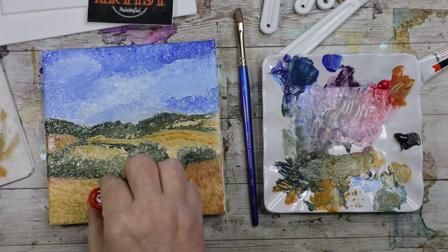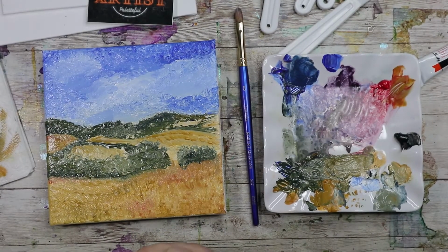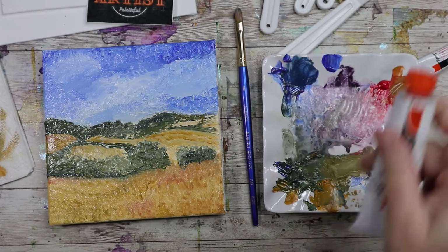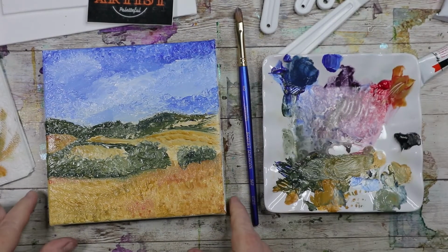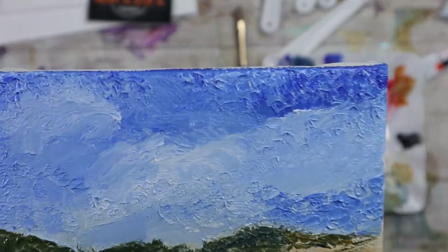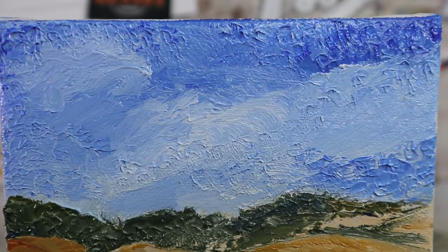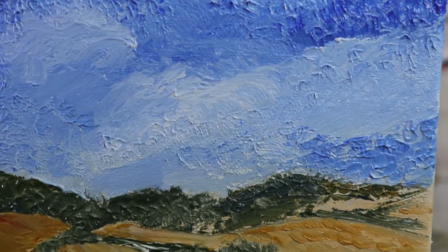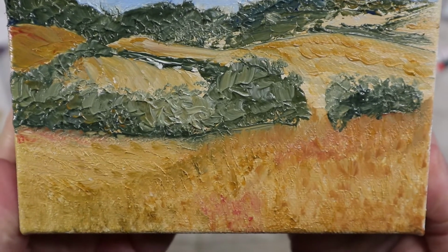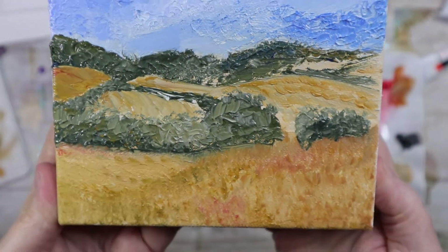Oh no. Oh, okay. I was all kinds of alarmed. Here, I'm gonna lift this up and do a little close-up of the sky. That's fun, right? And then my weird landscape situation, which kind of reads and kind of doesn't from close-up, but